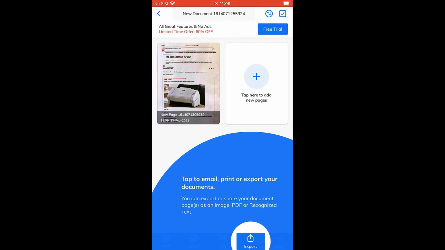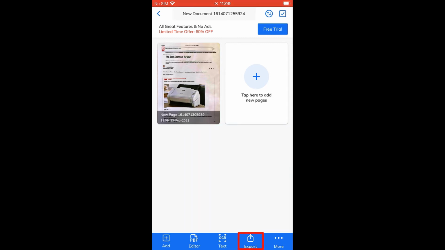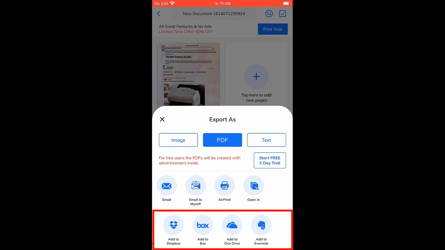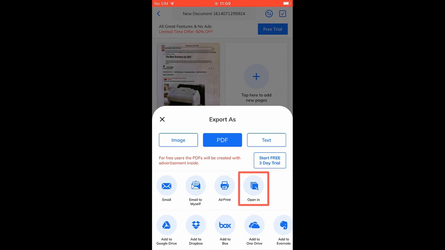To export and share the PDF, tap the export icon at the bottom of the screen. Then select how you want to export the document. You have the option between email, popular cloud services, or even export the PDF to a specific app like WhatsApp, Apple Notes, etc. by using the button Open In.